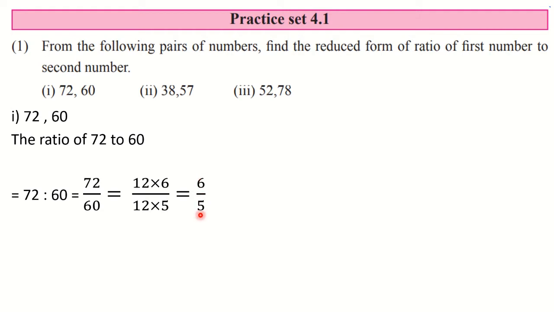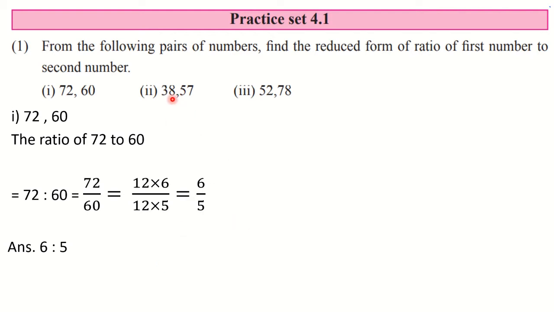That you have to see these numbers, and here these two numbers, they should not come in any table, or these two numbers, they should not be divisible by any number other than 1. Okay. So here 5 and 6, they are consecutive numbers. That means we have achieved the reduced form. And always write down the answer in the form of ratio. The reduced form here is 6 is to 5. Okay, this is question number 1.